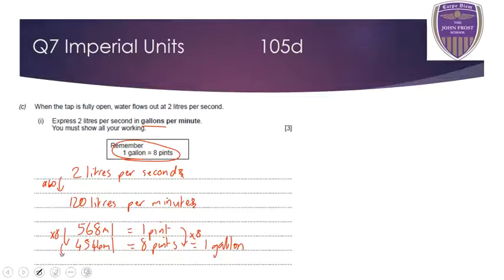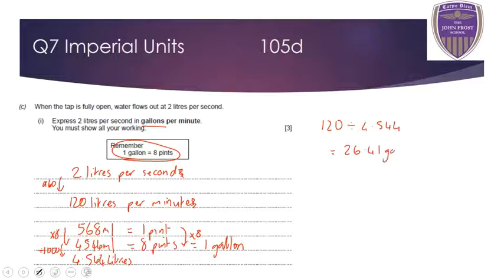I divide that by 1,000 to put that into litres. So that is the equivalent of 4.544 litres. So I've got 120 litres in a minute, so I need to divide that by 4.544, and that gives me an answer of